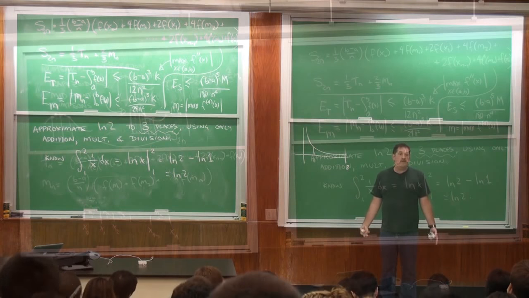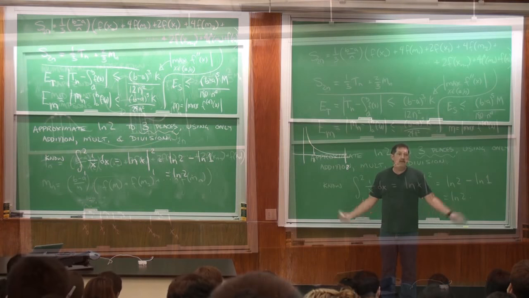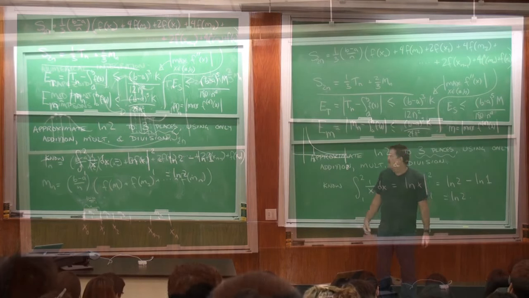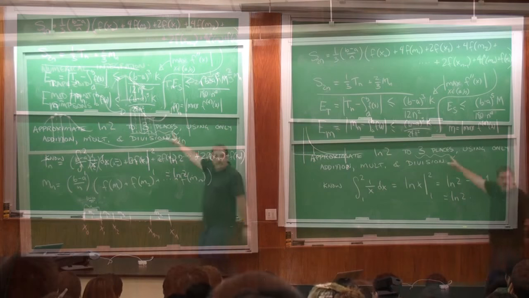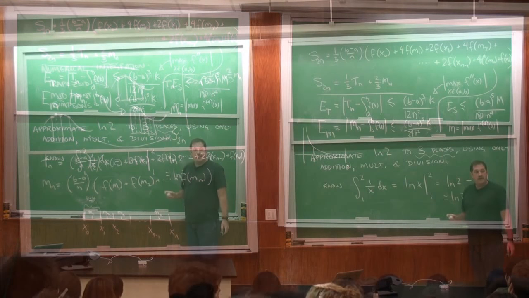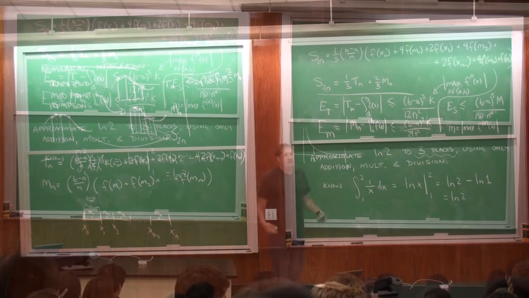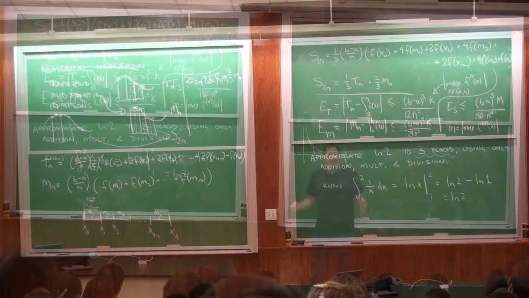Okay, so suppose I just picked a value for n. Pick a value. 10? 4? Okay. Suppose I pick a value for n and I do it. 4. I get an answer. I have to have it right. Because if it's not right to 3 places, my aircraft will crash. My bridge will fall down. Whatever it is I'm doing will not work. So I have to know it's right.